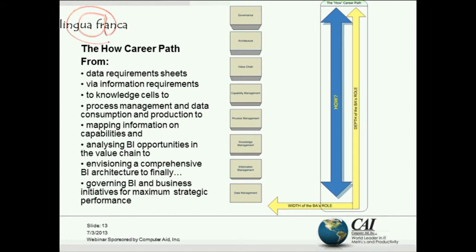Now, I think there are three career paths. This is the how career path. It's about the junior BA4BI who starts at the bottom, analyzing the data sources and moves up the ladder as time goes by and knowledge grows. The problem is, in my experience, that I haven't met any BA4BI that has reached the capability management stage. Most of the community members stop at process management knowledge, for some reason I can't describe, which is funny, because it's as if information is not part of the business infrastructure. It's as if it's not an asset, but only a product from a business process. So I think there's a lot